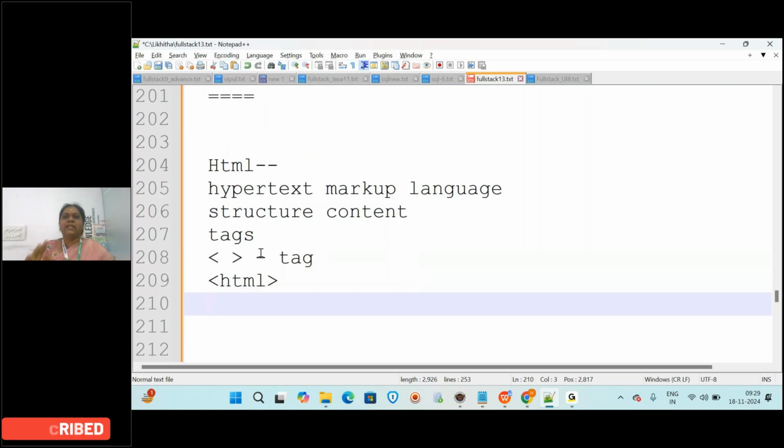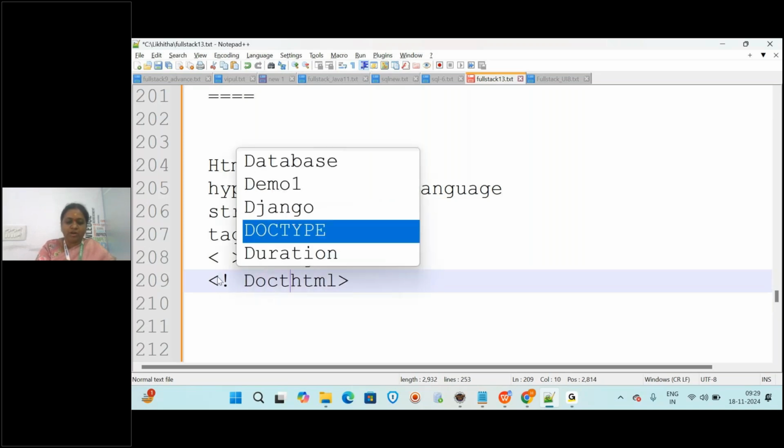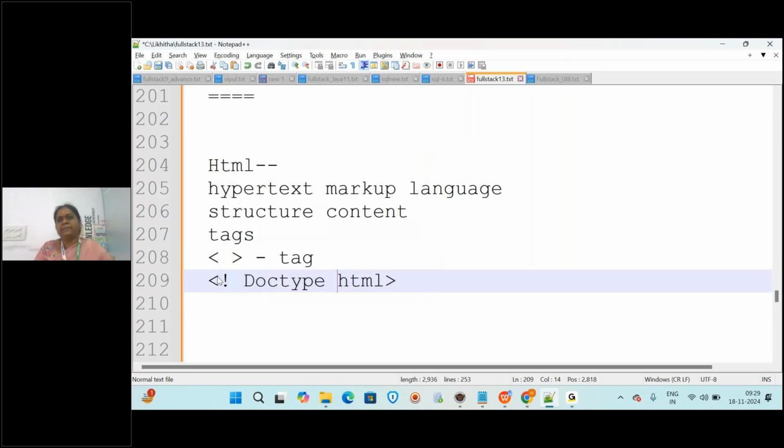This is the root element of your application. And here you can also mention it with an exclamation symbol, that is the doctype. This doctype indicates that your document is of type HTML. If you don't write this, it will still work, but it just provides the information that the document is of type HTML.